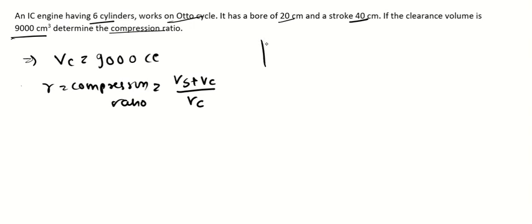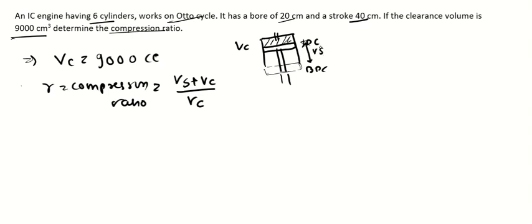What we mean by this is, imagine an engine cylinder where we have TDC and BDC, and your piston is fluctuating between TDC and BDC. If you are at BDC and you are going up, compressing the gas, there will be some volume, V clearance, where the piston will not go. Only there the combustion of the gases will happen. So that volume will always remain. So when you are at BDC, you have that volume plus this volume, which is nothing but the V swept,